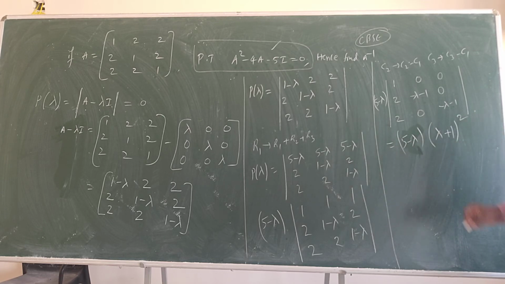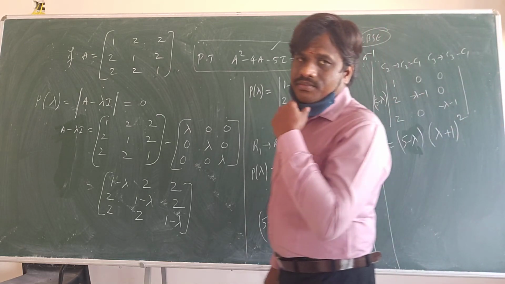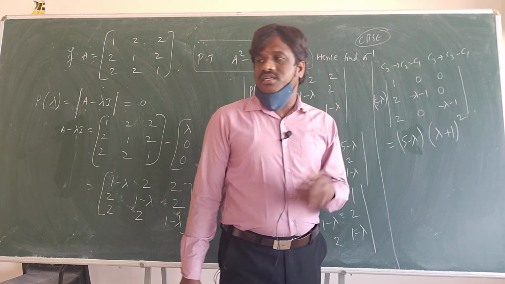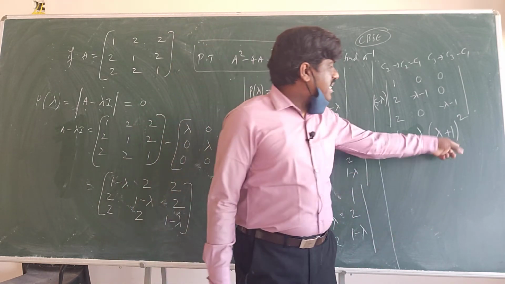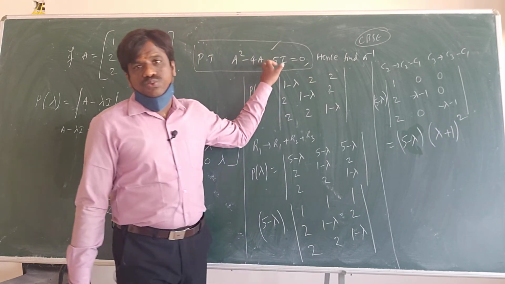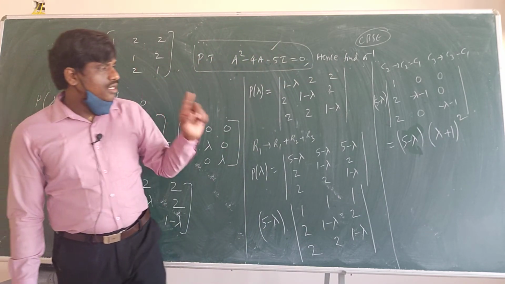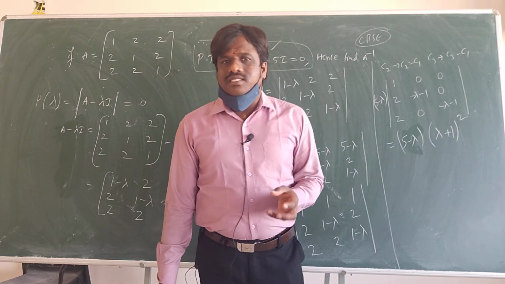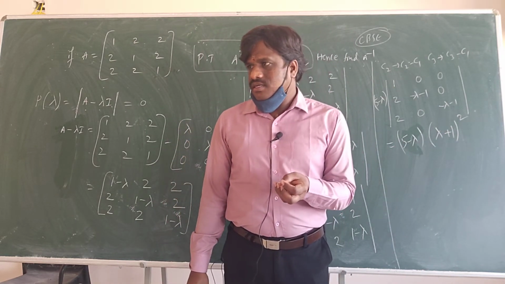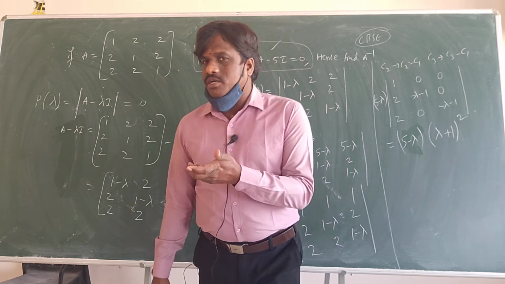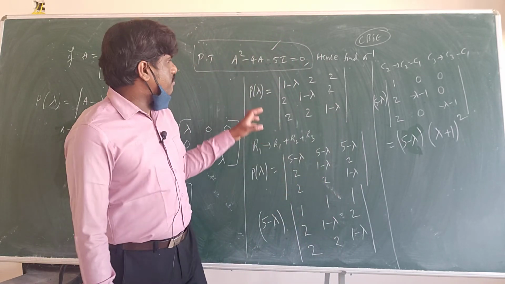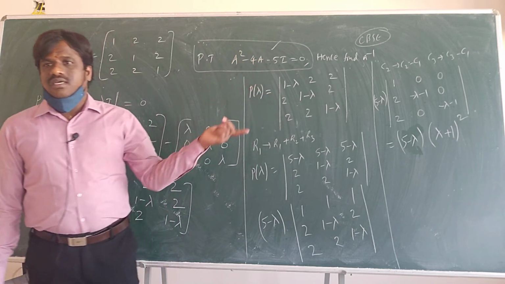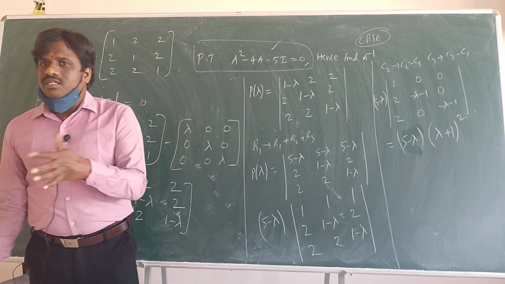Now I told you that this polynomial can be of degree 2, degree 3, or anything. But what is required is degree 2, right? So I can remove 1 degree from here. See, I said a matrix will satisfy a polynomial equation, so that can be maybe second degree or third degree. But here our requirement is second degree. In the options also you can check it.